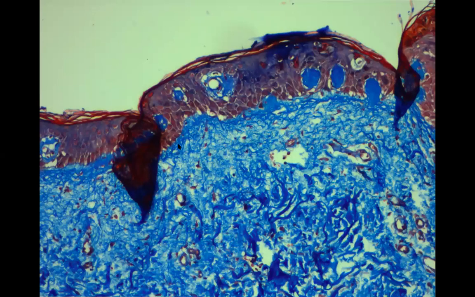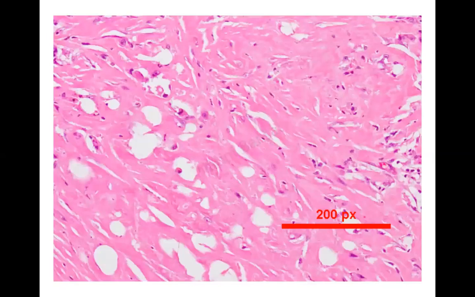Now, if we do the collagen stain, which is the Masson's trichrome stain that is done for the fibers, you see here the entire dermis is filled with these fibers, which are the collagen fibers, and you also have dark bluish stained fibers which are running singly, and these are the elastin fibers, which are the normal constituent of the skin. But sometimes we have a predominance of collagen fibers, which we call fibrosis.